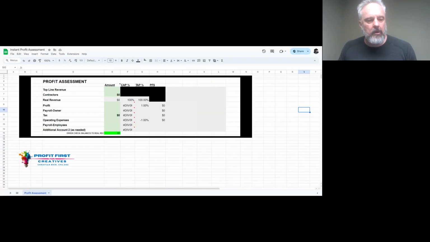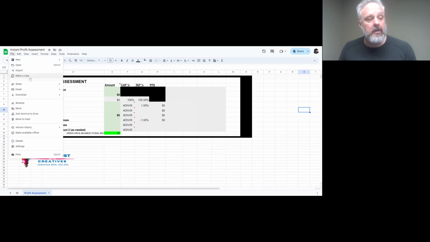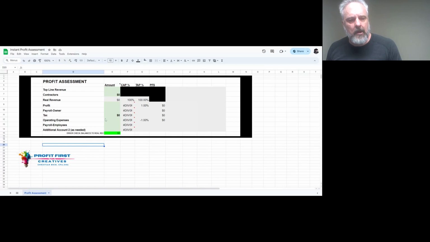Going to walk you through an instant profit assessment. The first thing you do need to do is to make a copy because this is not editable. So make a copy. You will have to be logged into Google to save it to your drive. Once you're in that copy, the first thing we're going to do is take your information that you gathered, your bank statements, your income statements, or your tax returns, and we're going to enter that